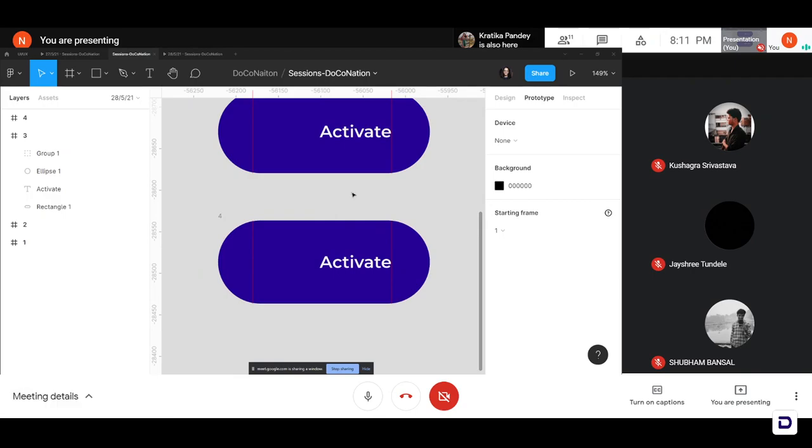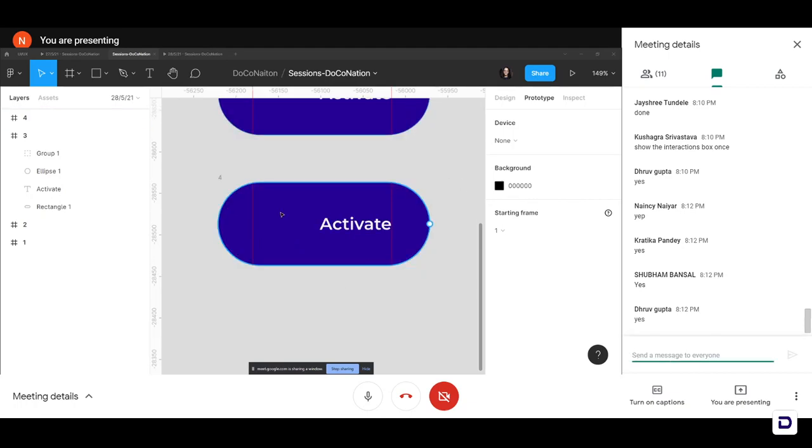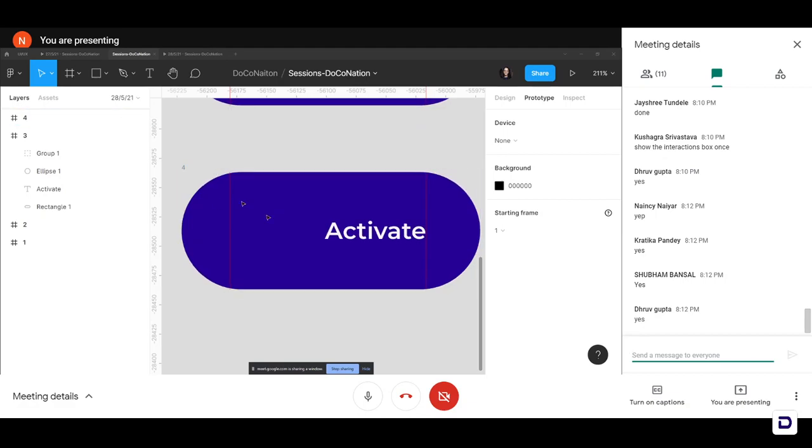I hope I'm still audible. Okay. So after we copy the frame, all we'll have to do is increase the size of the circle that we made the visibility 0 of, right?